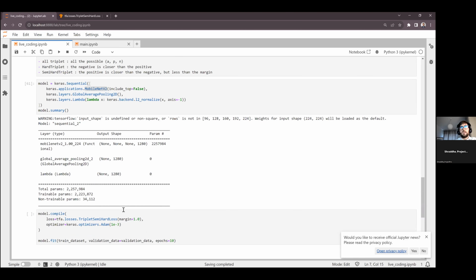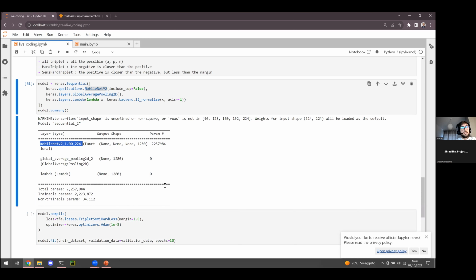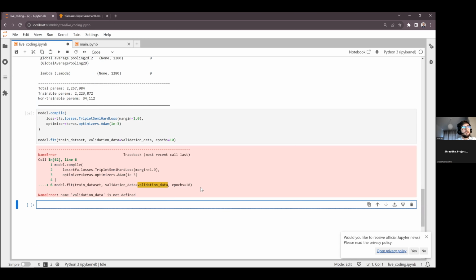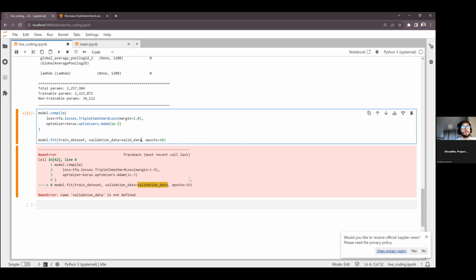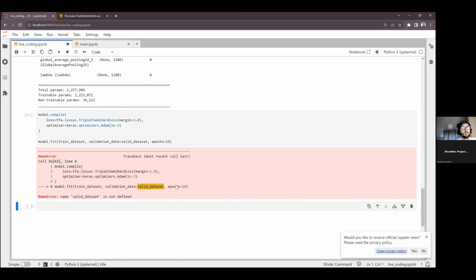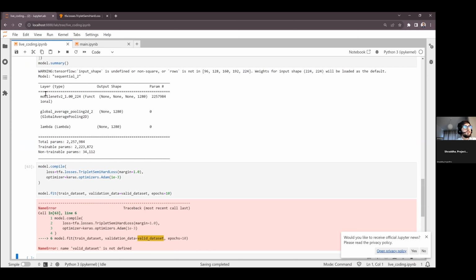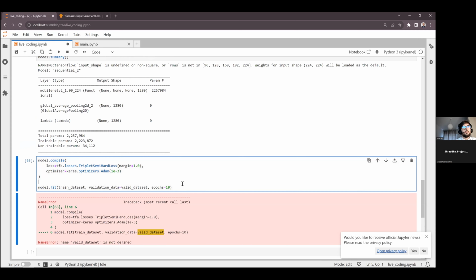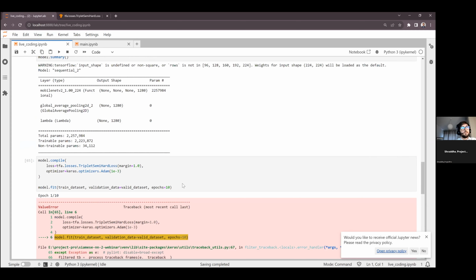But I don't know if this will work since, again, the issue is the model size compared to the size of the images. Let's see. Validation data is valid data, maybe valid dataset. No, what's the name? Valid. I did not define it, maybe. Okay. Let's see. No, it's complaining.